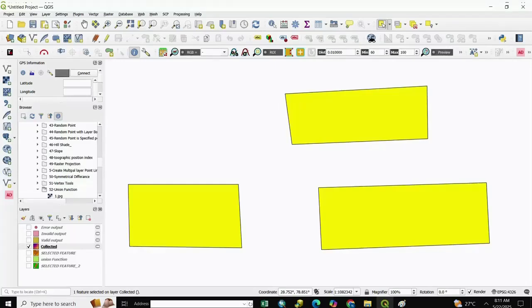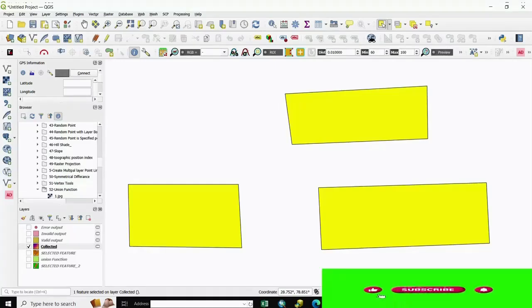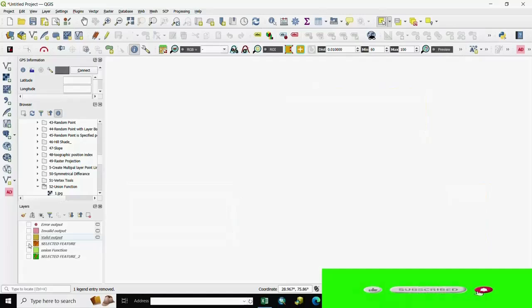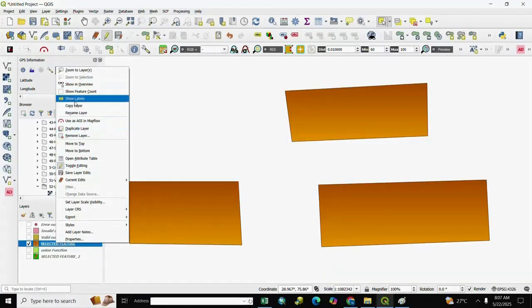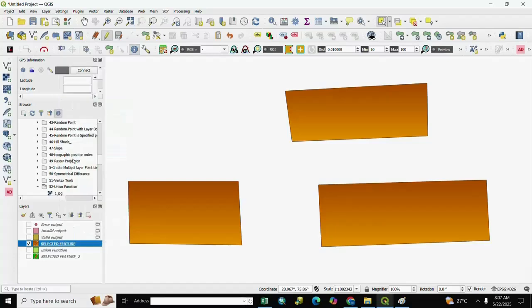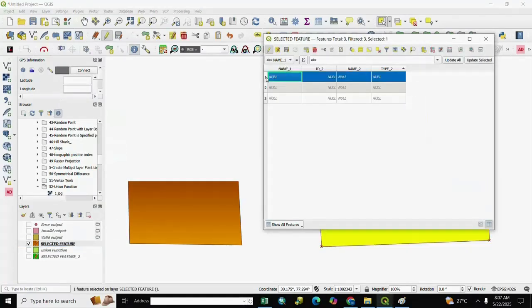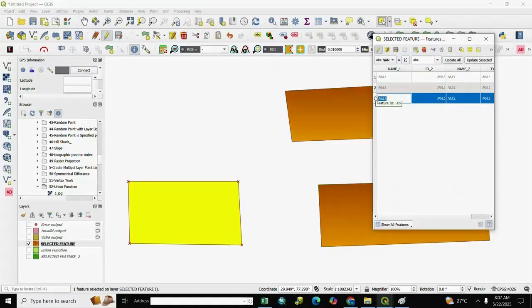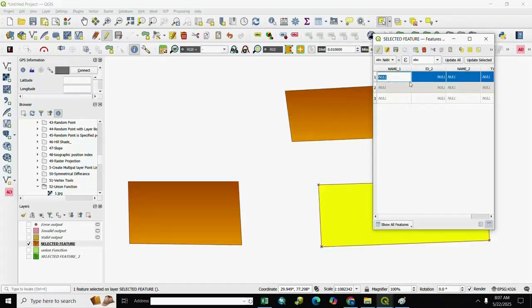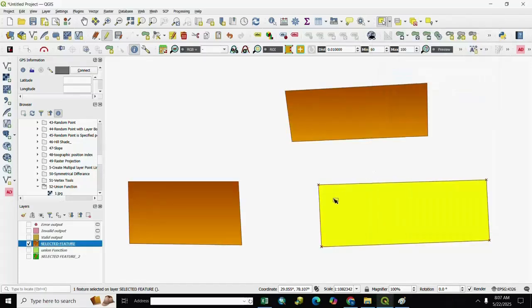For collecting geometry, here is our feature, 3 features. You see here, right click and go to attribute table, and here are 3 features, 1, 2 and 3, and we select different ones, 1, 2, 3, as per our requirement.